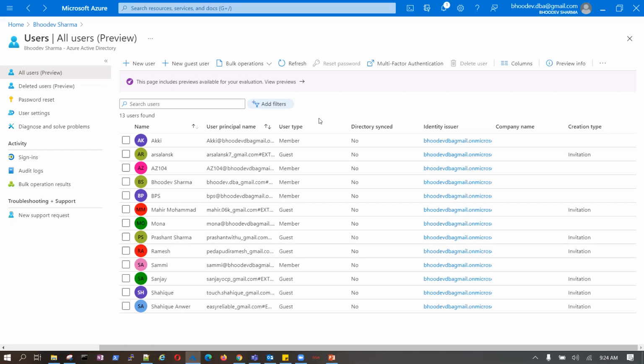Suppose we create a new user, it will sync automatically, on defined durations. We can reduce or increase the time from the default as well, but it will sync automatically. By default, it happens every 30 minutes. There are also multiple features that come under security. If I want, I can change a password on-prem, and I can change a password here also. Let's say this user came from on-prem, I can reset my password from here, and that will be synced back to my on-prem Active Directory.